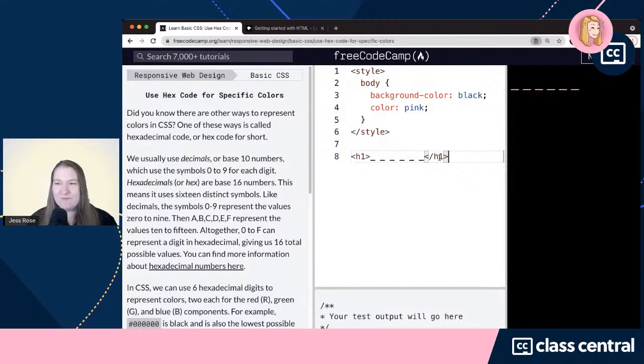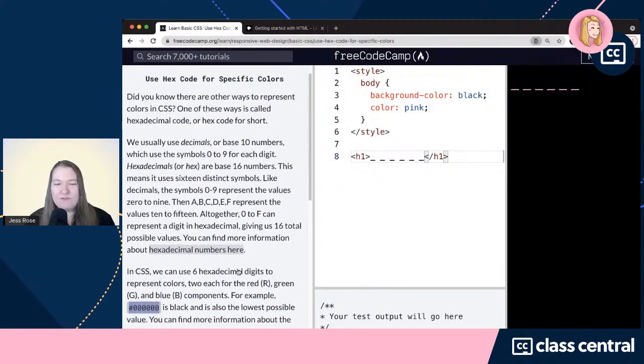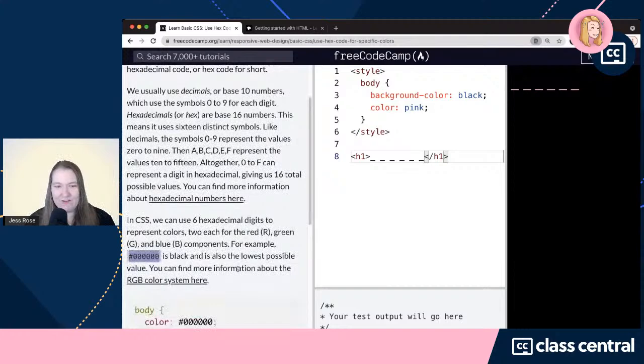Is that easier to see? So a hexadecimal code has 6 digits that run from 0 to F. Weird, right? And to make it weirder,